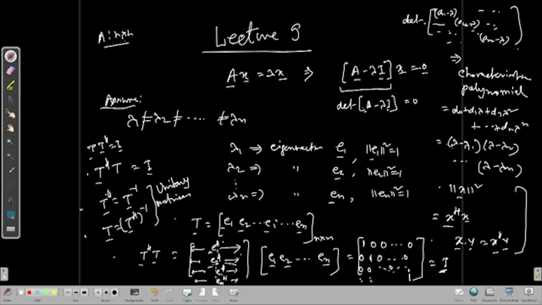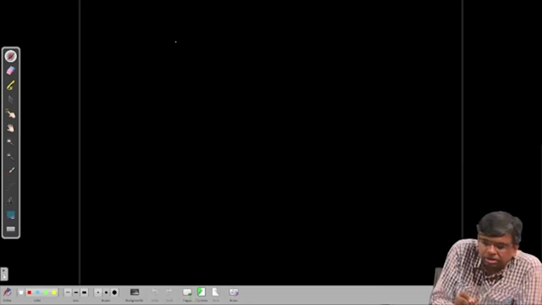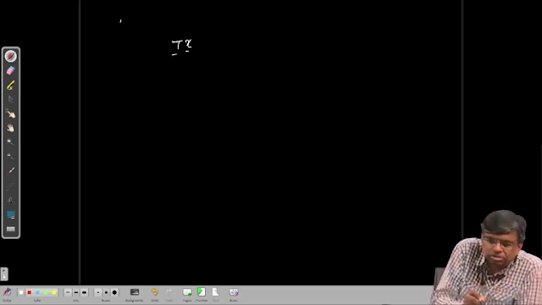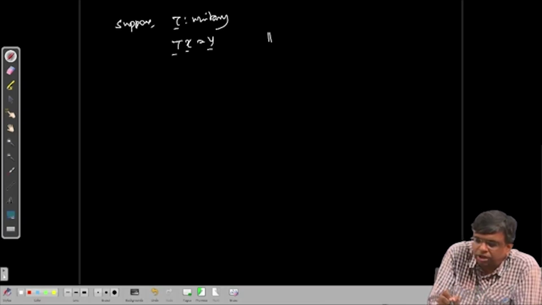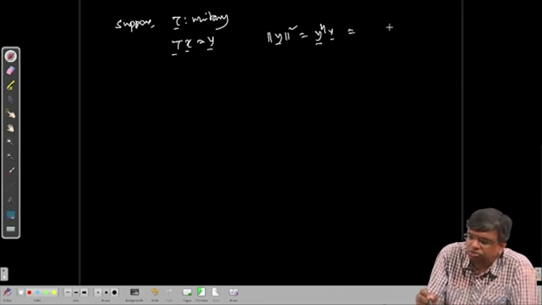Next, another property of a unitary matrix. Suppose x is a vector and T is unitary. If you are given x, you apply T on it and call the result Y, so Y equals Tx. The norm square of Y will be what? We all know it is YH Y, the square of the length of Y. Y is obtained from x by the transformation T working on some given x. So if I replace Y by Tx,